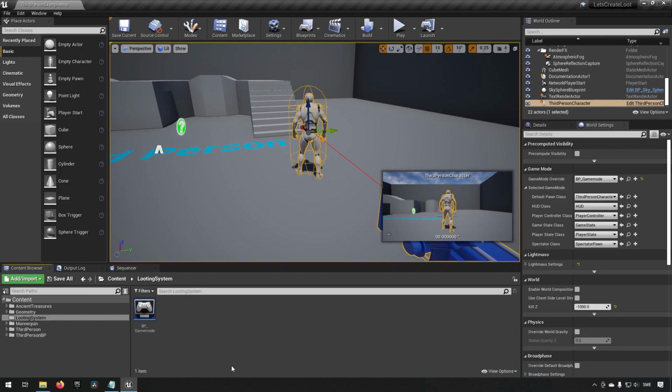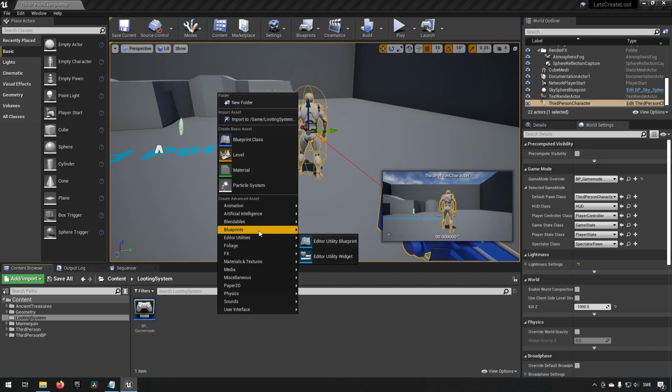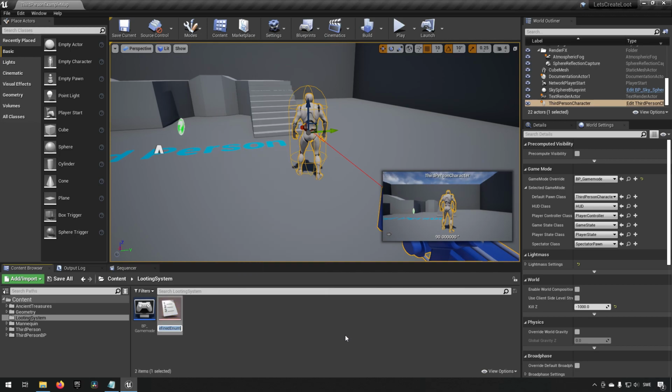To achieve this and make this easily organizable, we will be using data tables. To create a data table, we need to first have a structure. The structure defines how the data table looks. And to create our structure, we also need some complementary things right now. One of the things that we will be needing is something called an enumerator. We find it under blueprints and enumeration. We call this